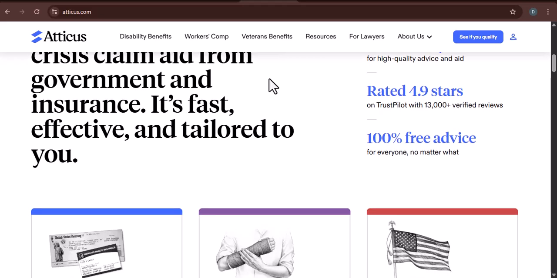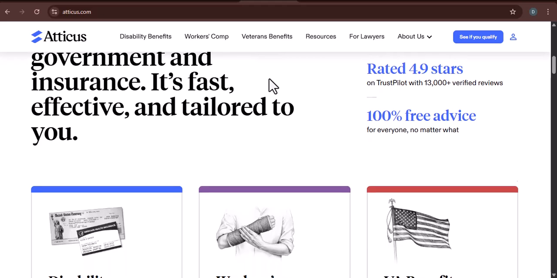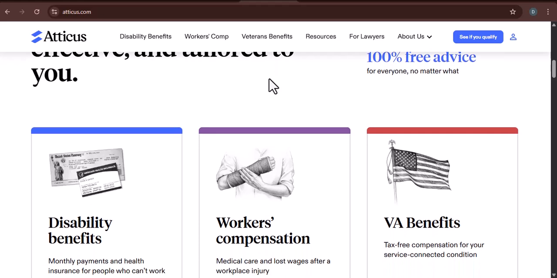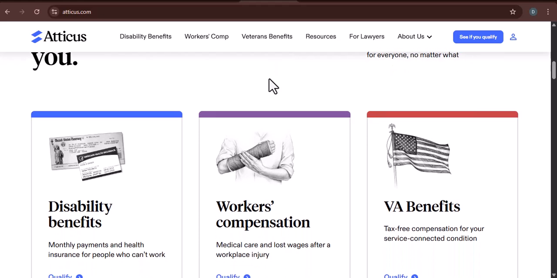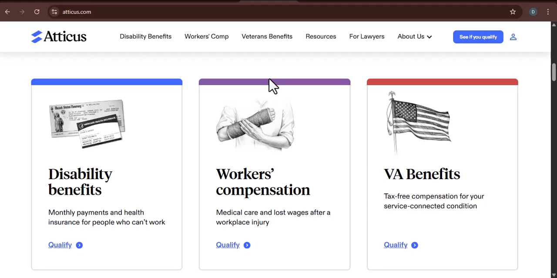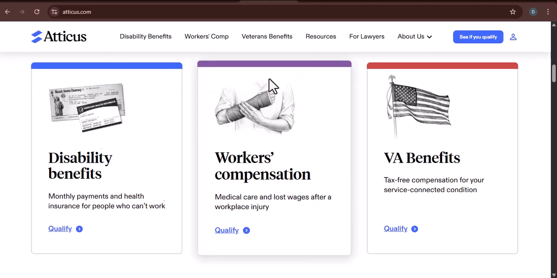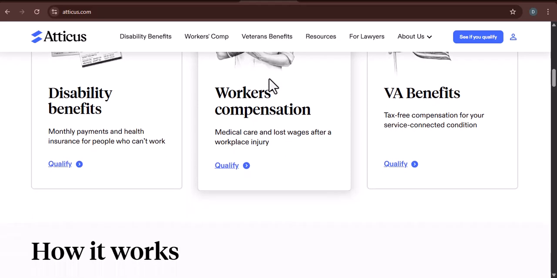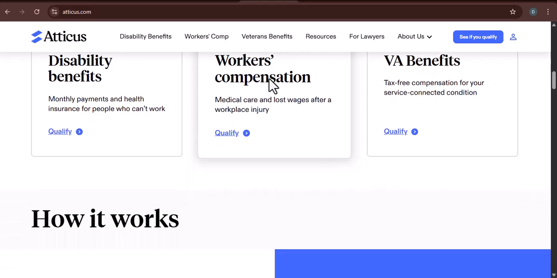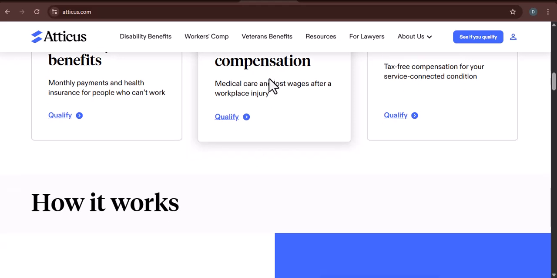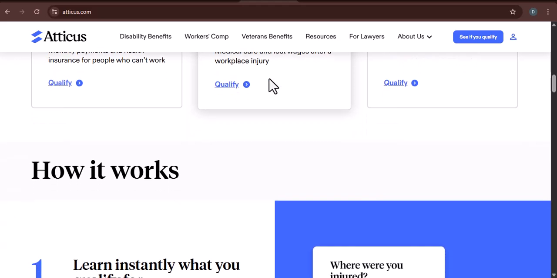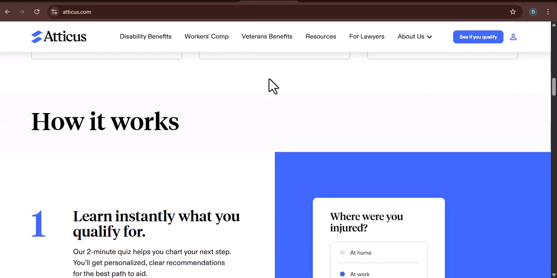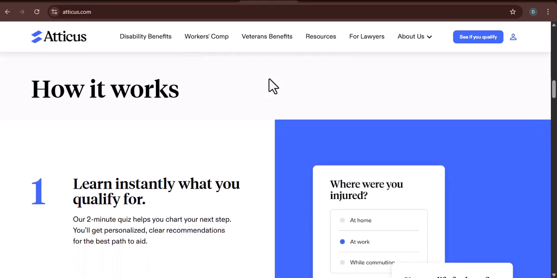So what if there was an alternative? A powerful, user-friendly solution that works on Windows, Mac, Linux, and even Chromebook, and won't demand a hefty recurring subscription? Today, we're diving deep into Atticus, the all-in-one writing and formatting software that's been making waves in the author community. And here's the burning question on everyone's mind. How do you download Atticus for free? Is it even possible? Stick around, because we're about to demystify this powerful tool and reveal the truth about getting